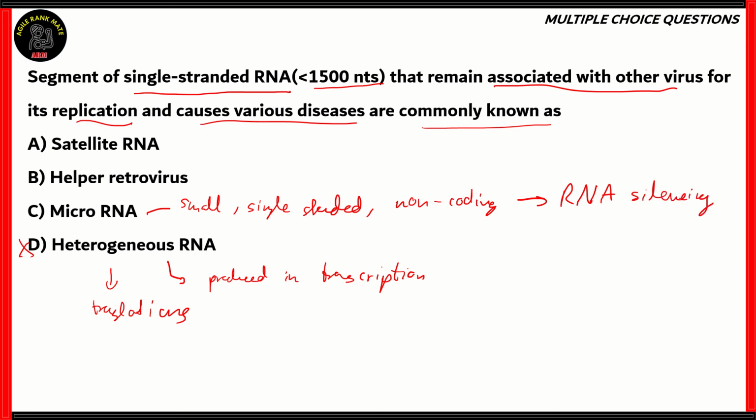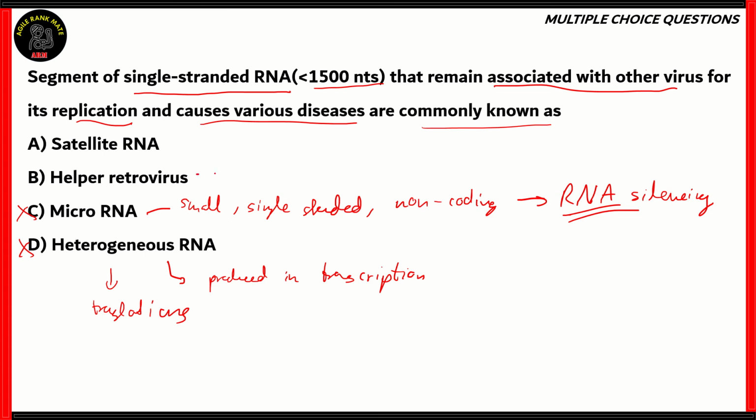So basically, if you need to silence a trait on your mRNA strand, you use microRNA to stand alongside the particular code, and then that code, since it has two copies, does not transcribe. It does not translate itself. So therefore, the microRNA helps in RNA silencing. And this is used for fighting diseases for the tobacco plant and so on. So option C is also incorrect because this is a form of immunity and not exactly a disease.